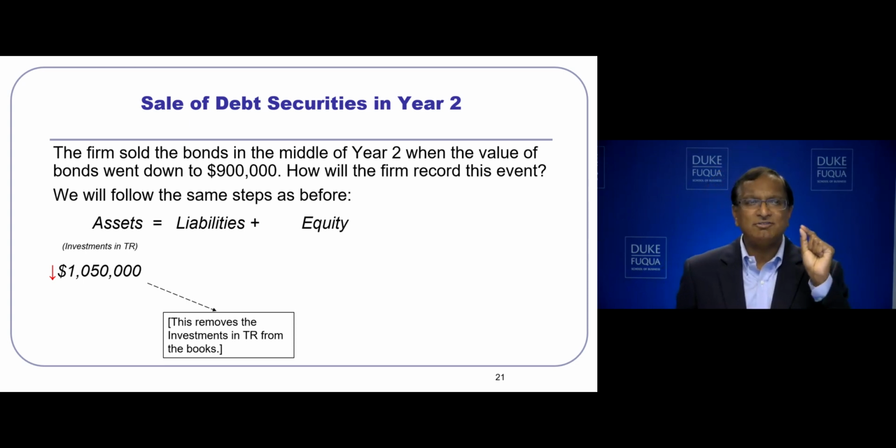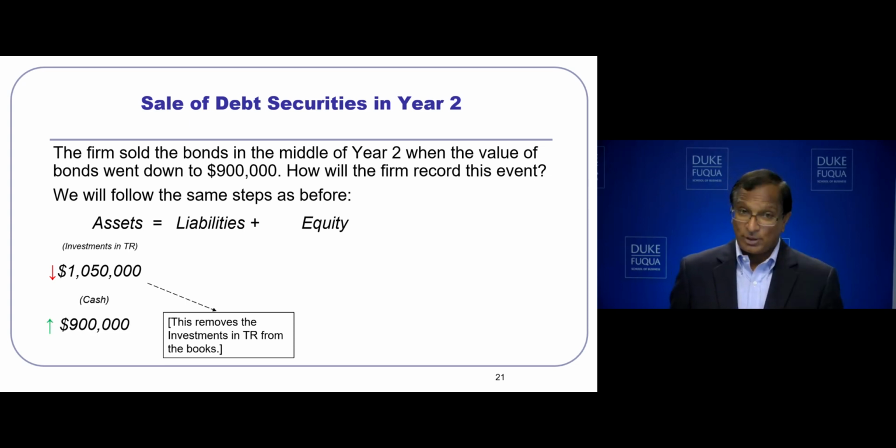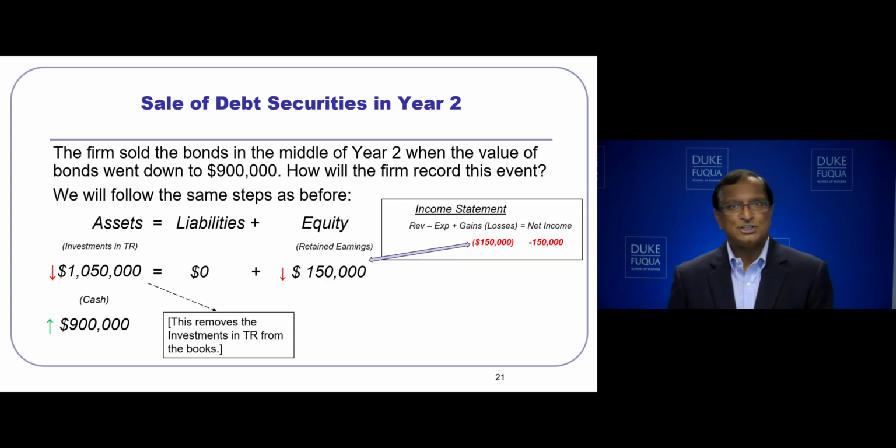But remember that the value on the balance sheet is $1,050,000, which is the market value of the assets. So by removing $1,050,000, this removes the investments in TR from the books. Now, cash comes into the firm for $900,000, so we know what the difference is. The difference is $150,000, which is the realized loss on this transaction, which will feed into income and into retained